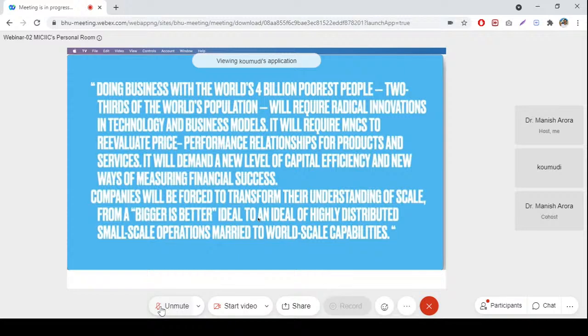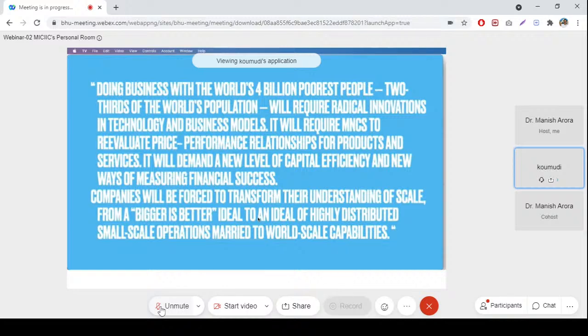Prahlad argues that the poorest populations pose a prodigious new managerial challenge for the world's wealthiest companies. Selling to the poor and helping them improve their lives by producing and distributing products and services in culturally sensitive, environmentally sustainable, and economically profitable ways is not easy. It's a challenge. He says that doing business with the world's 4 billion poorest people, who constitute 2/3 of the world's population,